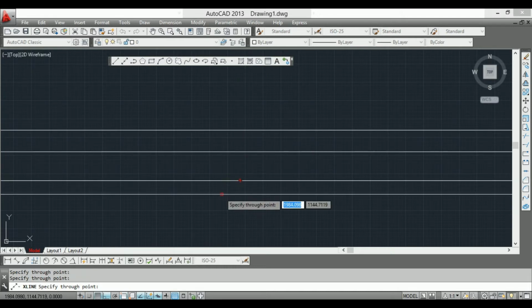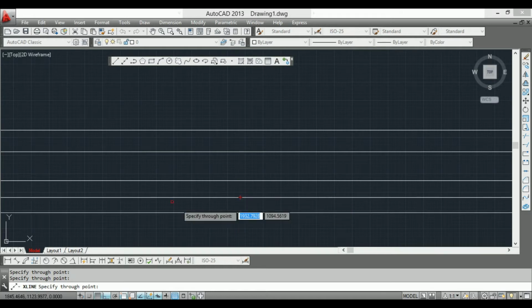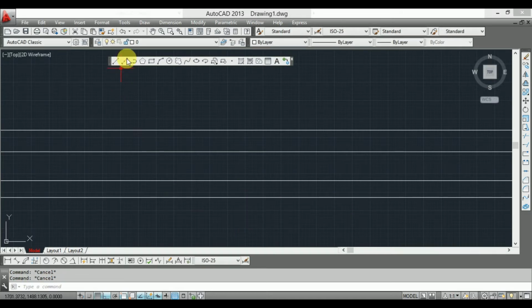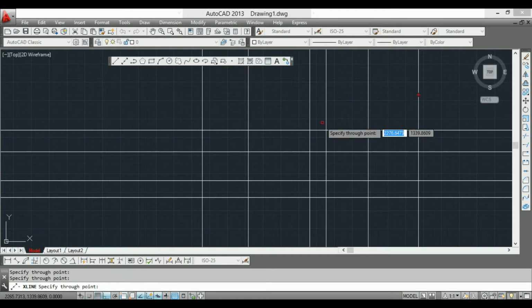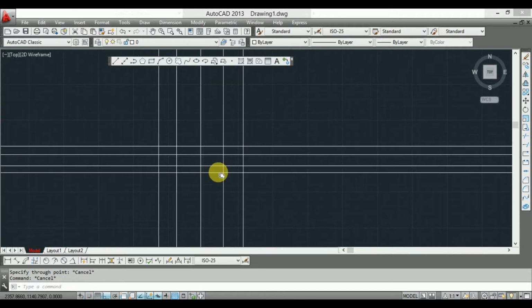And now if you want a vertical line, again you have to click on the construction line command and press keyboard button V for vertical. Now you can see every construction line will be vertical.